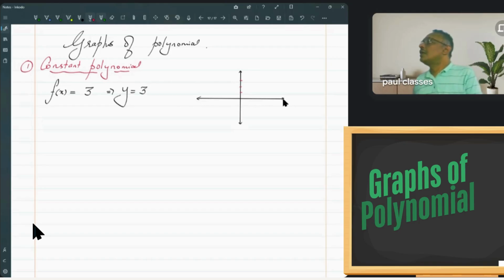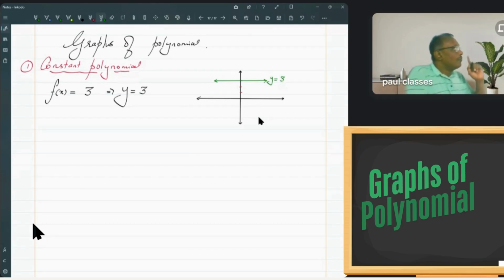Better the graph of this line is here. This is the graph of y is equal to 3, क्योंकि वो y एक्सिस को 3 यूनिट्स पे काट रहा है।